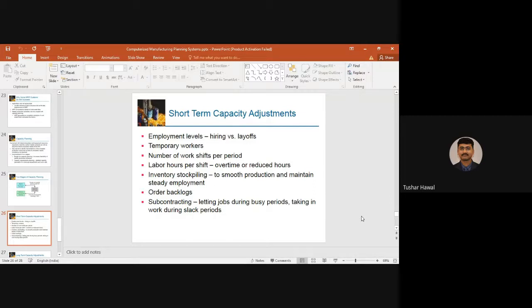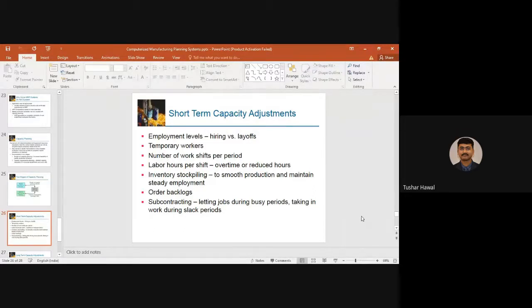So whether the industries should remove their employees or wait for the orders to come, you never know whether the orders are going to come again or not. That predictability you will not have in the near future. So short-term capacity adjustments will take care of all those things.